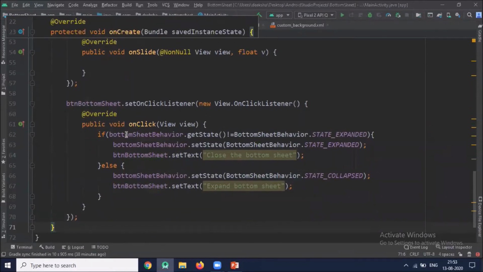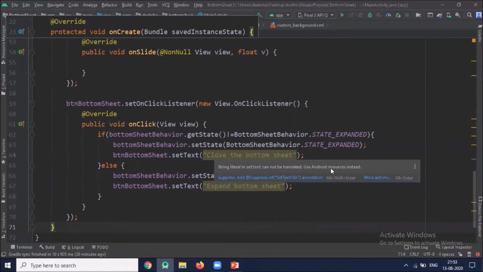So if our state is not expanded, then we change to expanded. If it is expanded, then we close our sheet.